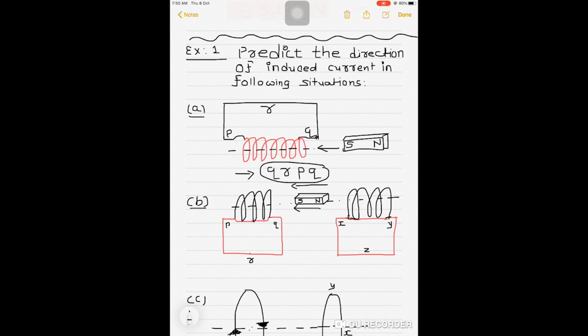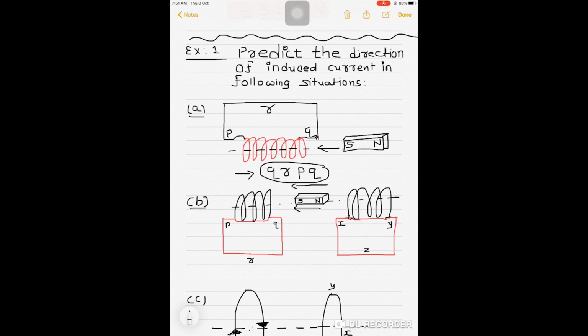we are given two coils PQR and XYZ with a magnet. As the magnet is moved, the south pole moves towards PQ and its north pole moves away from the XY coil. So by Lenz's law, the induced current should develop S pole at the end of Q and also S pole at the end of X, because as the south pole is approaching PQ, it should repel, but as the north pole is leaving XY, it should be attracted.